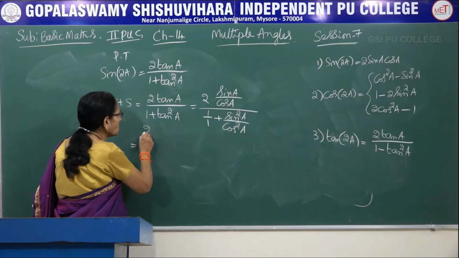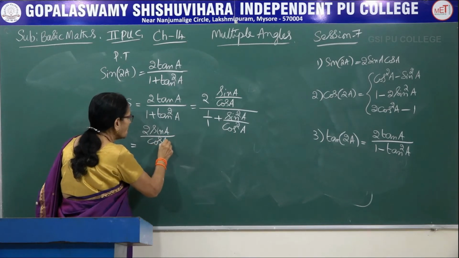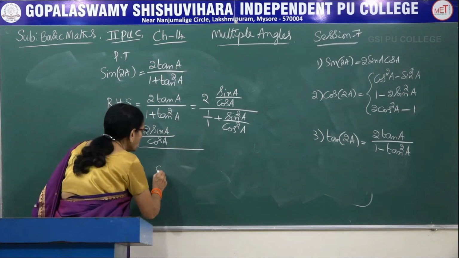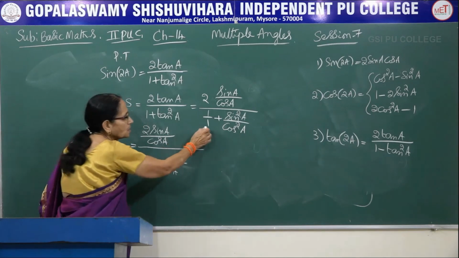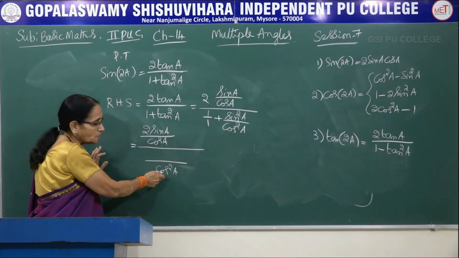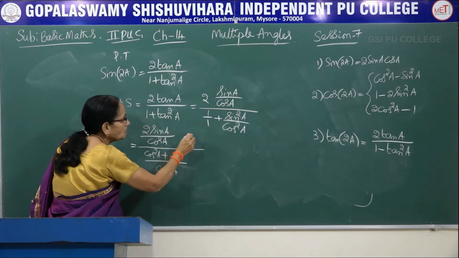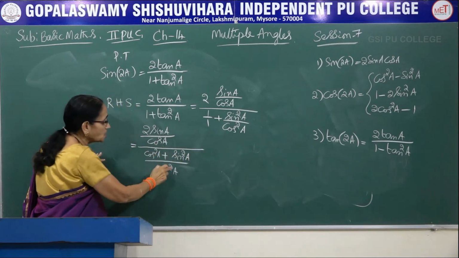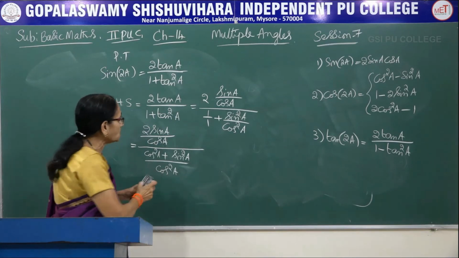Now, keep the numerator as it is. It is 2 sin a divided by cos a. Write this line a little longer because we are taking the LCM for the denominator, cos square a. For 1 and cos square a, the LCM is cos square a. So 1 times cos square a, that would become cos square a. Similarly, that is sin square a. If you can do the cancellation directly, well and good. Or if you are getting confused, don't do the cancellation there.